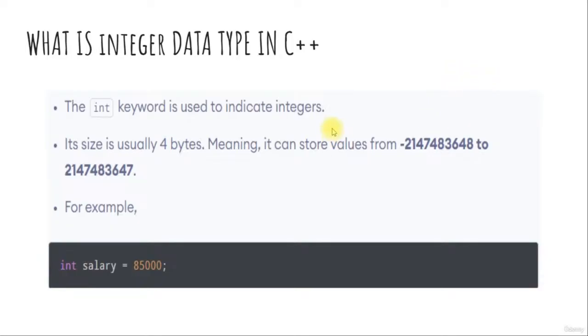Now, using this mathematical knowledge of integers in C++ programming, we have the int keyword that is used to indicate integer type variables in C++. Here I have a very small syntactical example. Let's say we want to declare an integer data type, and how do you declare integer data type variables in C++? After this short discussion,